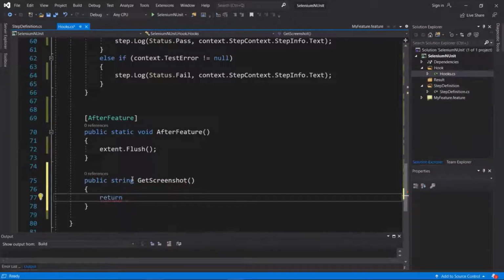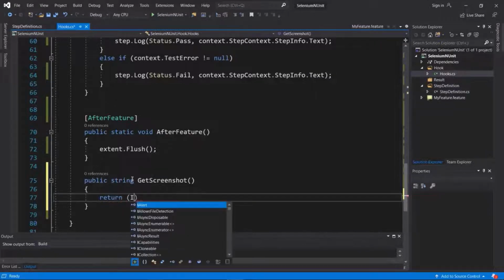To capture the screenshot, we'll use the existing interface ITakesScreenshot. We'll cast the WebDriver object to ITakesScreenshot. There is a method defined under this interface called GetScreenshot, so we'll use the same method to capture the screen.